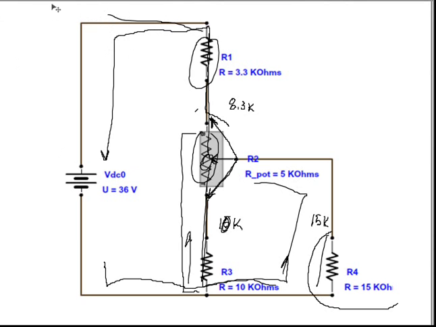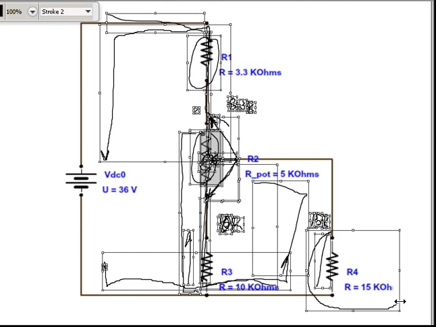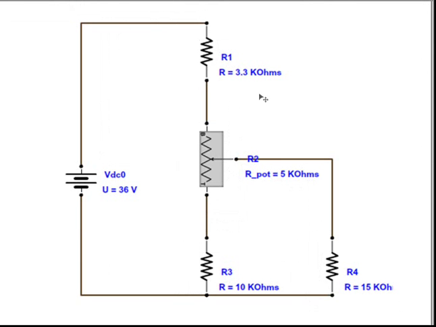So let's see how this works with R2 maxed out. So with R2 maxed out, this branch consists of R2 and R3, and this branch R4. So this branch is equal to 15K ohms, and this branch is equal to 15K ohms, and we have a